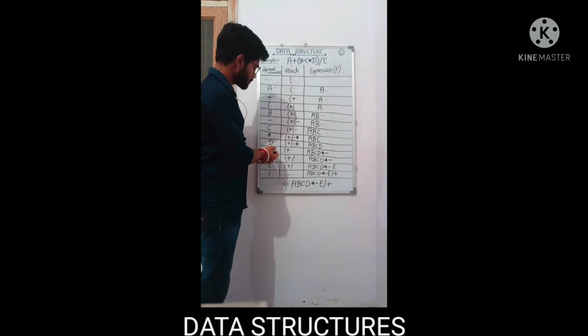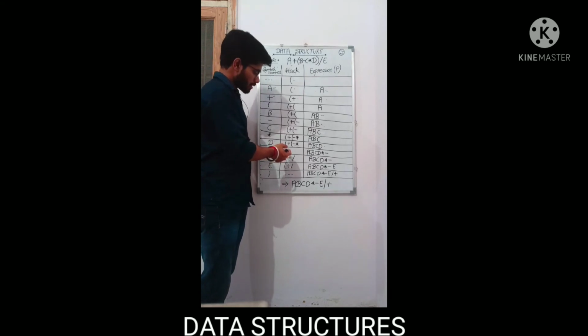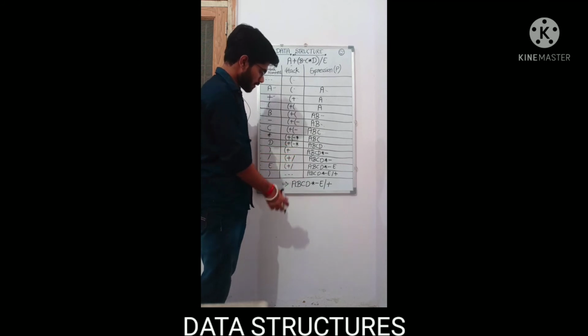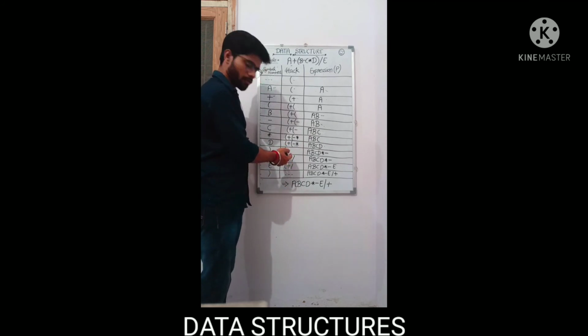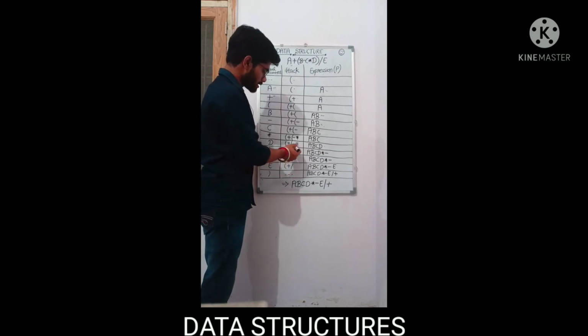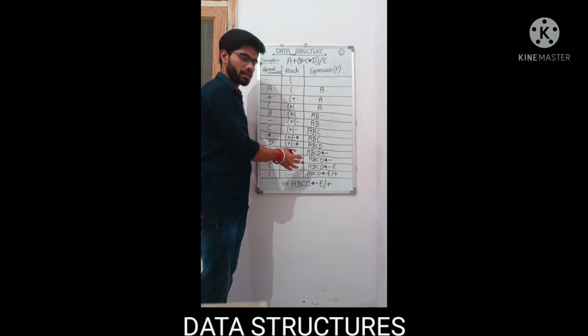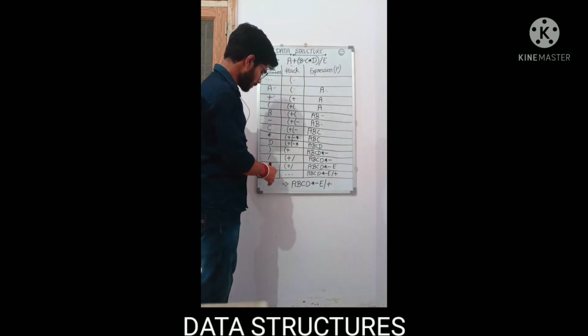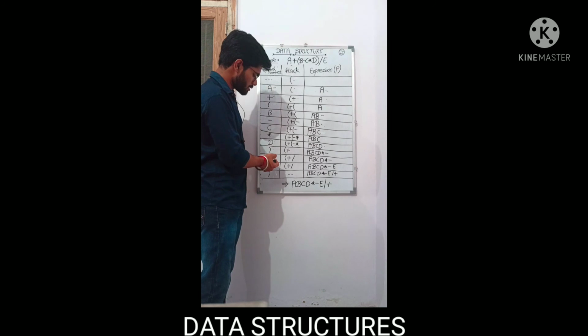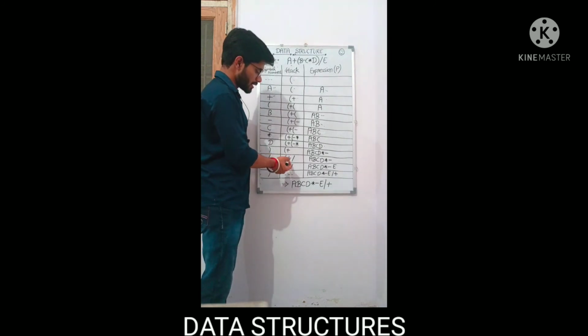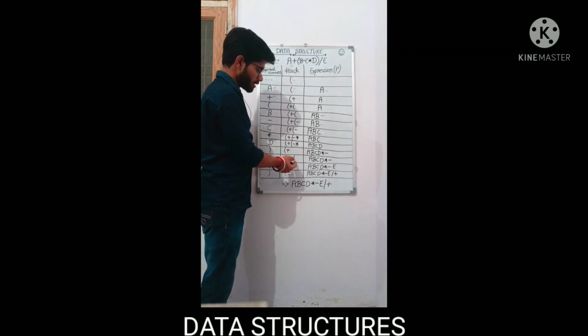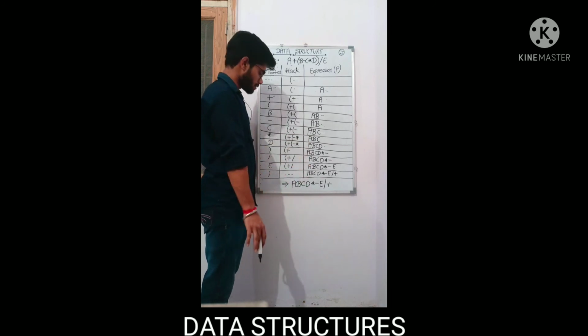Now the next symbol encountered is closing parenthesis. Whenever we find a closing parenthesis, we simply go on processing until we find the corresponding open parenthesis, and this set of symbols is shifted to the expression side in reverse order. Now the next symbol encountered is division. So we simply add it to the top of the stack and there is no change in the expression side.